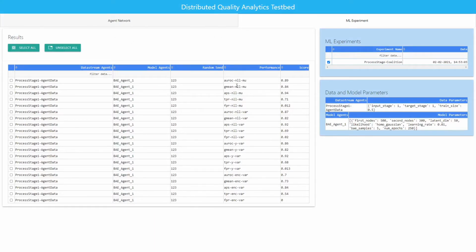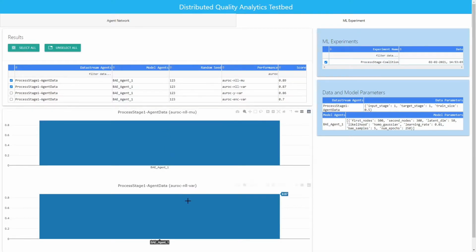So there's quite a lot of data to look at here. But no worries, we can filter to the things that we are interested in. For example, we are only interested in AUROC. There are not a lot of comparisons that we can do currently because we have only trained one model. So let's go back to the agent network and set up more agent pipelines to be trained and